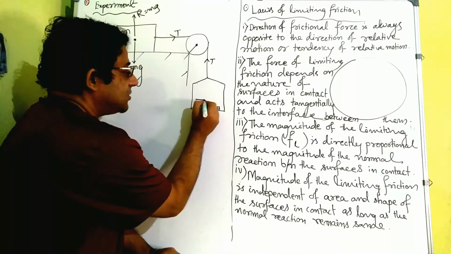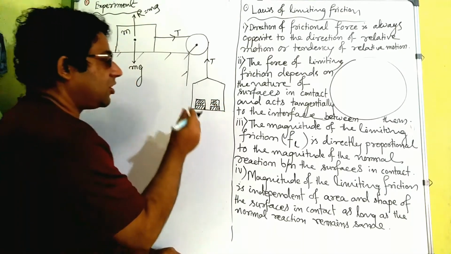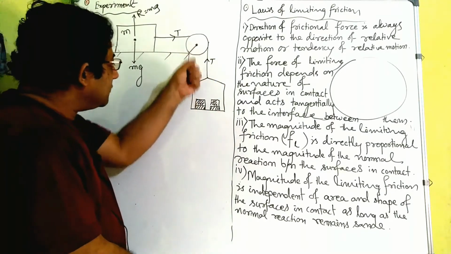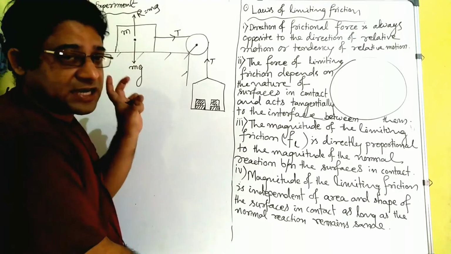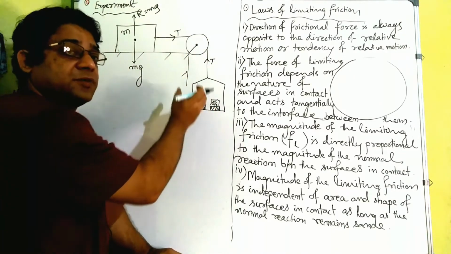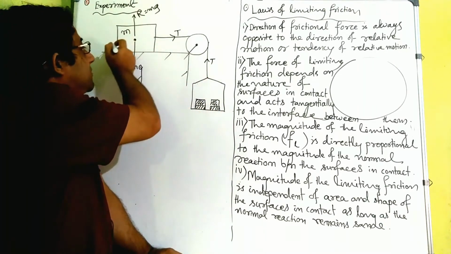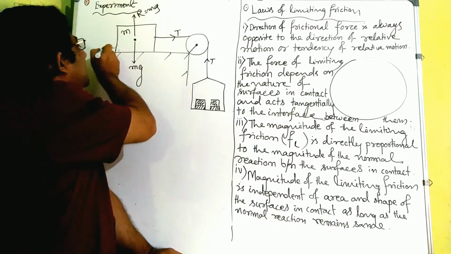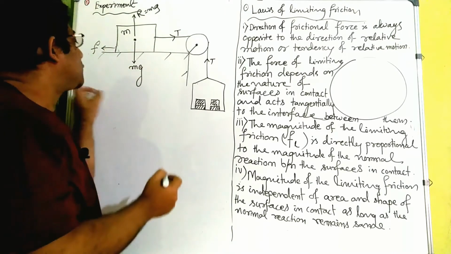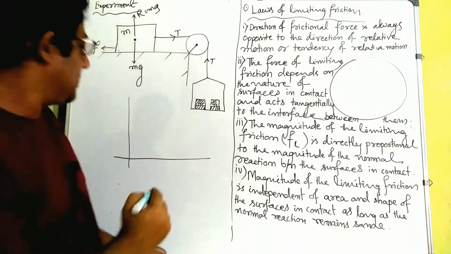Now we increase the weights more and more, so it's still not moving. We went on increasing, and for a particular value of this applied force, this suddenly started to move. Now what weight is given, what force is applied to pull it, and what is the frictional force? All the time we are pulling it, but still it's not moving, means there is a frictional force, right? So if we record all these things, it's one experiment, right?